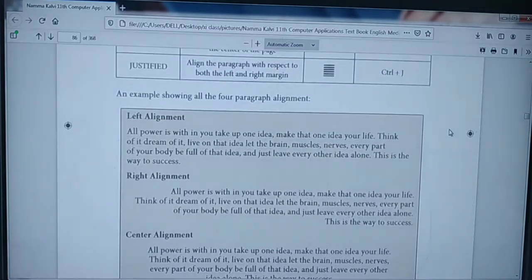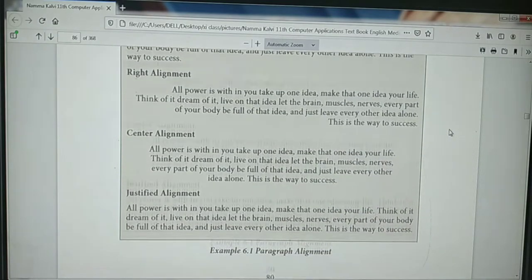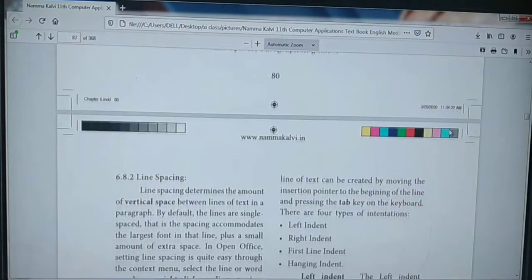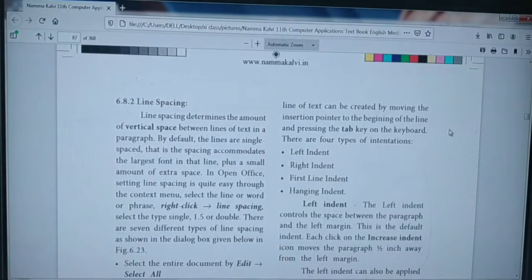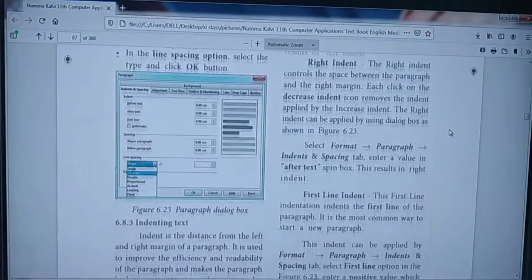So this is your example. How the alignment is given here is explained for you. It is your left, right, center, and this is your justified. Already everything we have discussed in the practical session also. Next it is your line spacing, already marked in your book back. Next you have to mark the indent. It is your extra 5-mark question. The heading full you people have to mark.